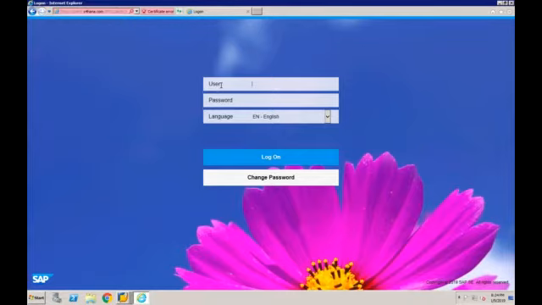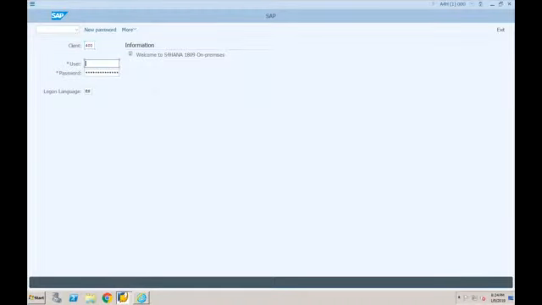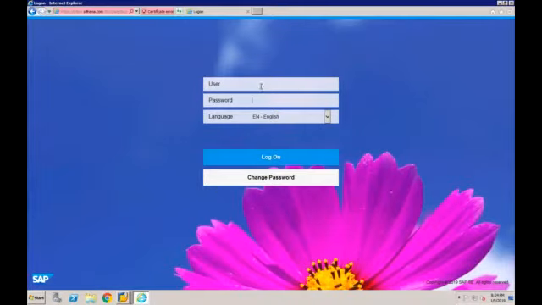So again, I have to enter the user ID and password here. But are this user ID and password different, or are they going to be the same that I used in my traditional GUI transaction? Do I need a separate user ID and password for Fiori?